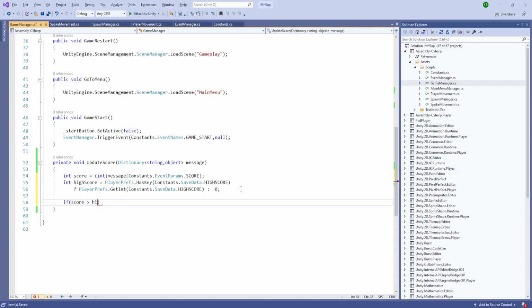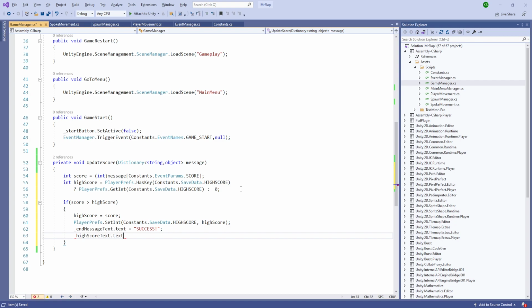So, if our score is greater than high score, then we'll set the high score to be the score, and PlayerPrefs dot SetInt constants dot save data dot high score to be high score, and master text dot text is going to be success, and high score text dot text is going to be